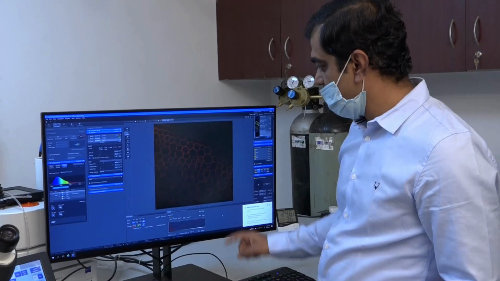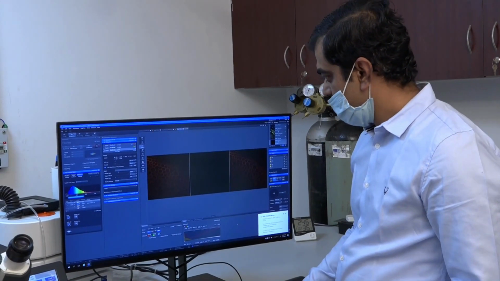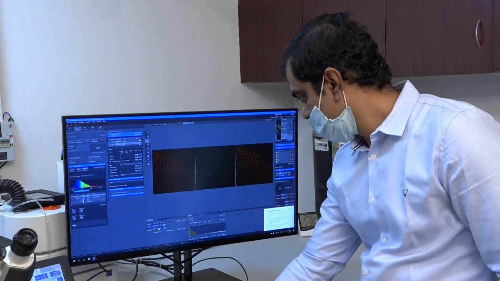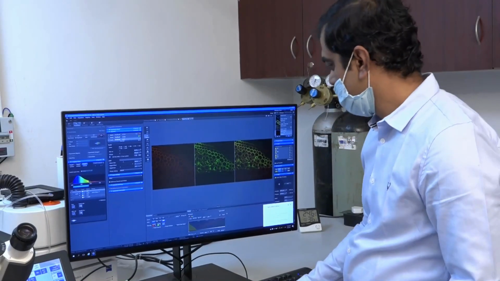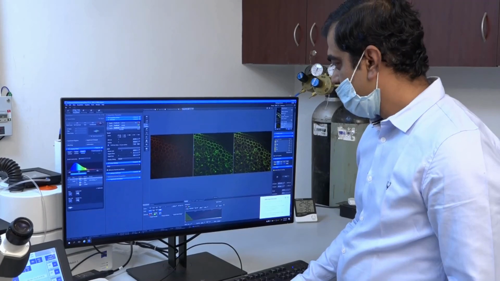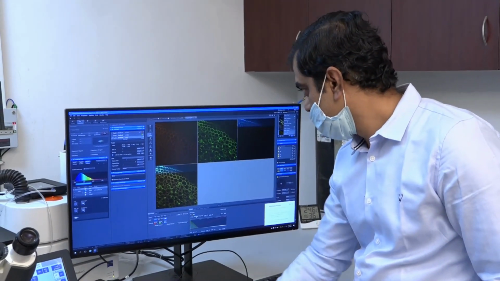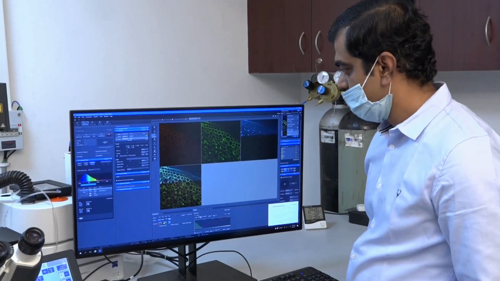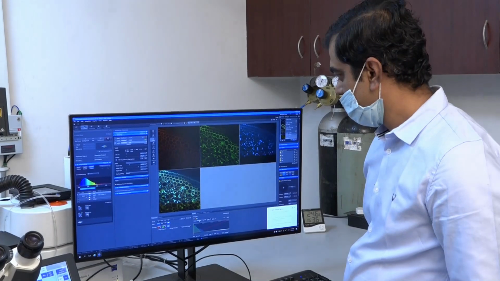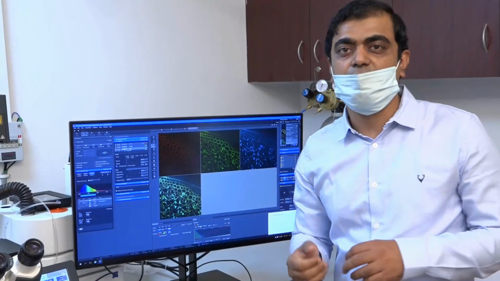So as you can see here, this is for the red, this is for the green, and lastly for the blue. So I have got three channels because in this sample I have three dyes.